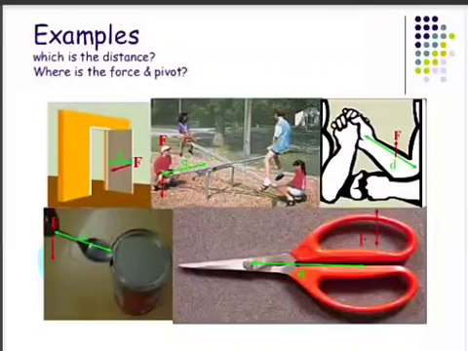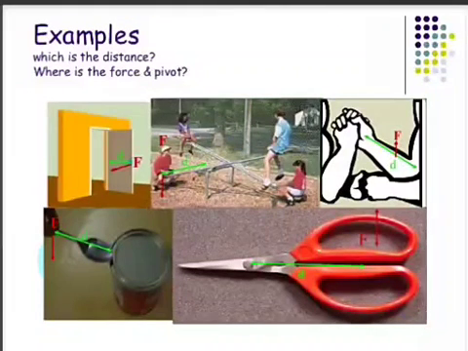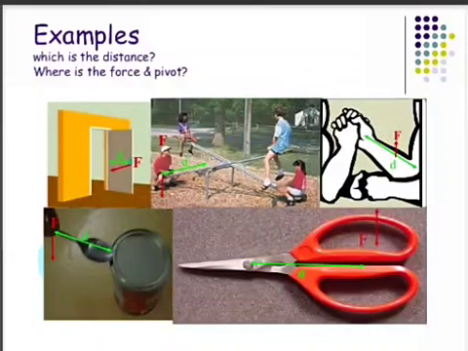So what did we learn from this? How can I increase or decrease the moment of force? If you want to increase the moment of force, there are two ways: either increase the force or increase the perpendicular distance. Same way, if you want to decrease the moment, what can I do? Decrease the force or decrease the perpendicular distance. I repeat, there are two factors on which moment of force depends. First is perpendicular distance, and the second is the force. Greater the force, greater will be the turning effect. Greater the perpendicular distance, greater will be the turning effect.